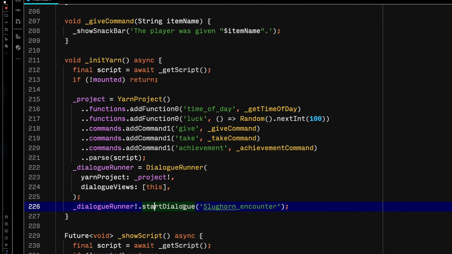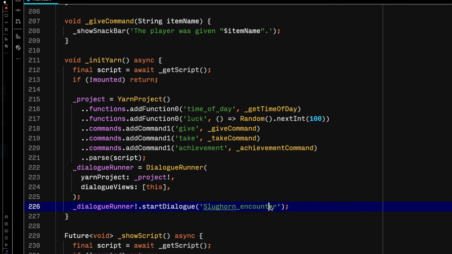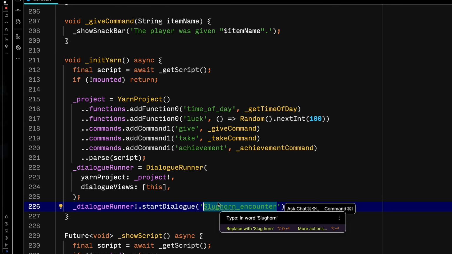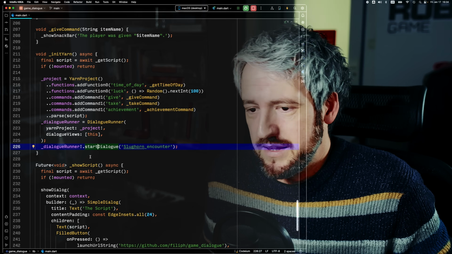And then you just start dialogue, and you say which subscript to start with. It's like the main function or entry point, I guess. And that's basically it in terms of initialization. But then of course,